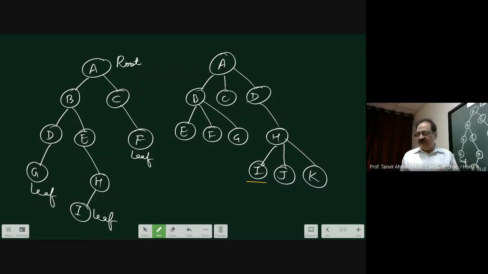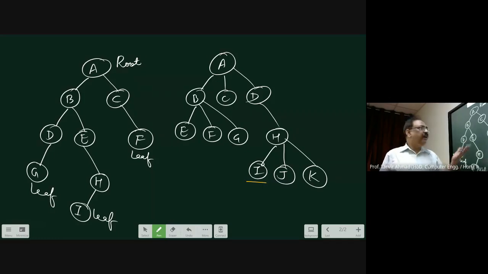Therefore, this is one of the ways by which you can say that it could be here. Now, in this case, if I am going to implement using pointers, that means you have to implement it as multiple pointers. For this one, we can implement a node with 2 pointers, where one of which is the first child, and the next is called the next sibling.